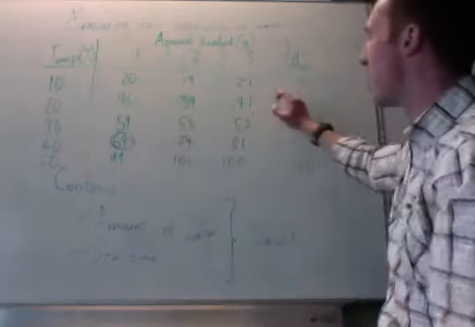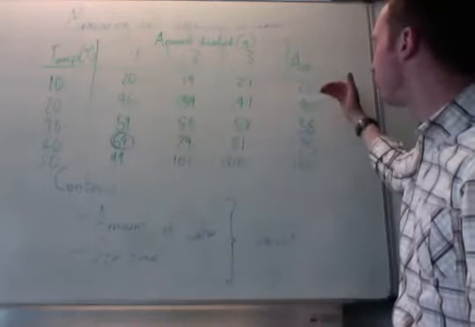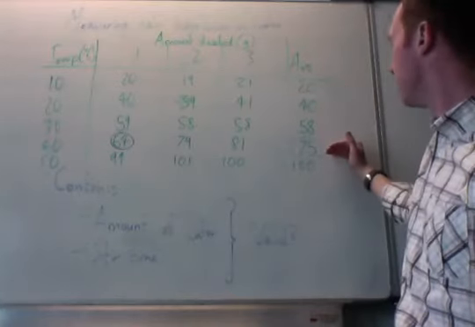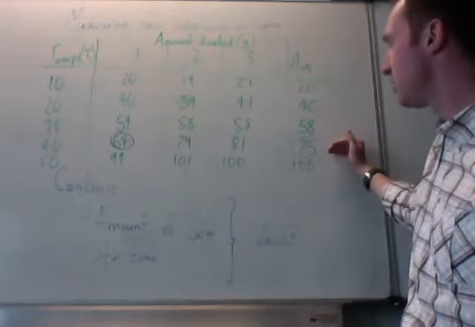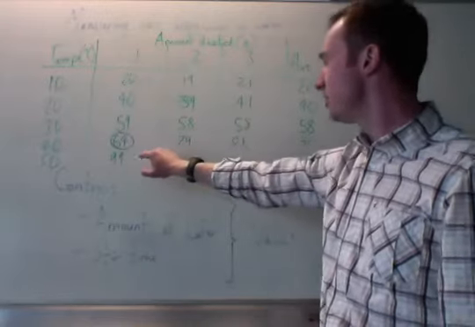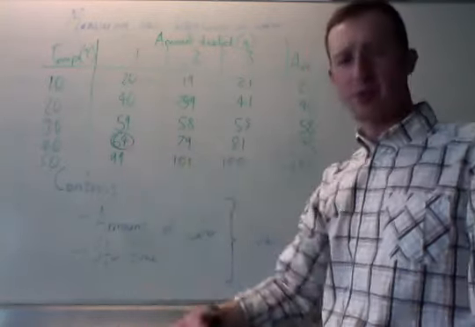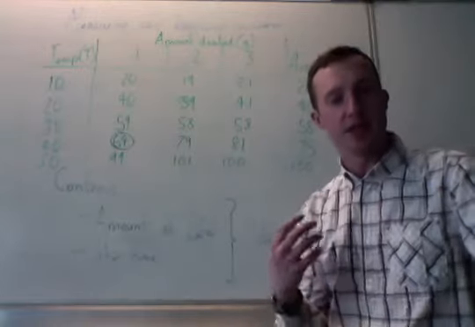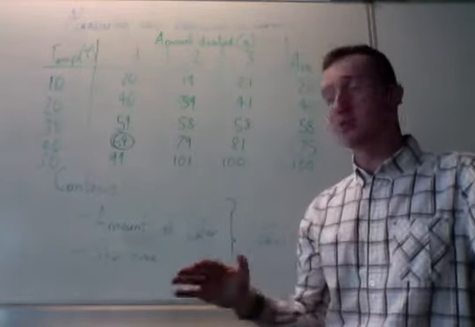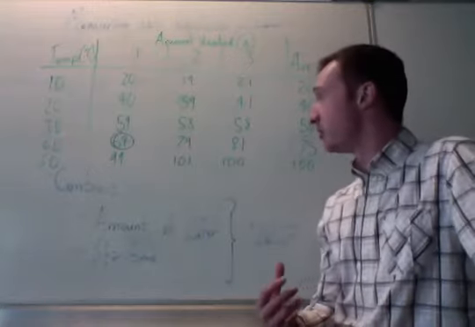These results are reliable because they're all pretty much the same. When I look at this one, it doesn't fit the pattern. These two do, but this one doesn't. So this is an unreliable piece of data, and it's an anomaly. It's a piece of data that we cannot rely on. The results are just not the same as the others, so it's unreliable.